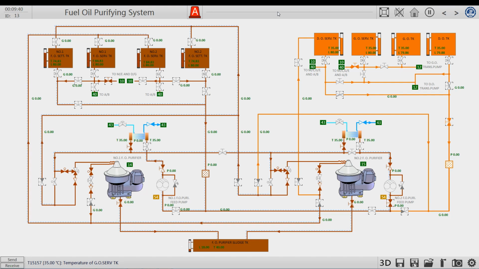After understanding the relevant pipeline, we can separate the oil in tanks from each other. For example, we can choose fuel oil of number 1 settling tank. After being separated and purified by the oil separator, it can be driven into the number 1 heavy oil service tank. This is the most common case. In a special case, we can also transport the heavy oil from the number 1 service tank to the oil separator. After separation and purification, it is transferred back to number 1 heavy fuel oil service tank, or number 2 heavy fuel oil service tank.